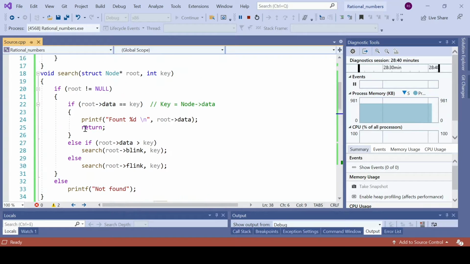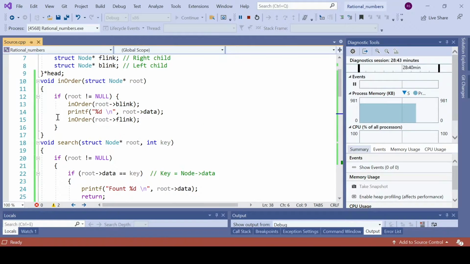So that is the insert function, and after that we have the in-order function. The in-order function is actually very simple. It's a typical binary tree in-order traversal. It does not require any special modification for the binary search tree. So the same three statements are mentioned here.